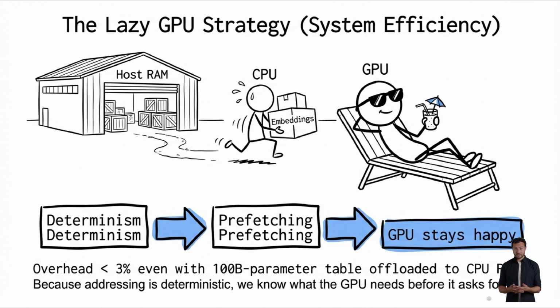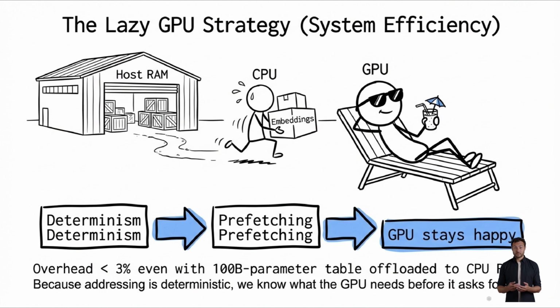A key idea here is keeping the GPU focused on compute, while the CPU and host RAM handle the heavy storage. Think of the embedding table living out in host RAM, and the CPU acting like a runner that brings over exactly the embedding chunks the GPU will need next. This works because the access pattern is deterministic. We can predict which rows will be used and prefetch them ahead of time,